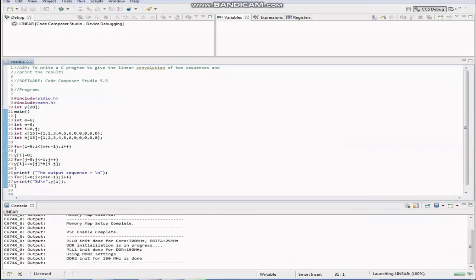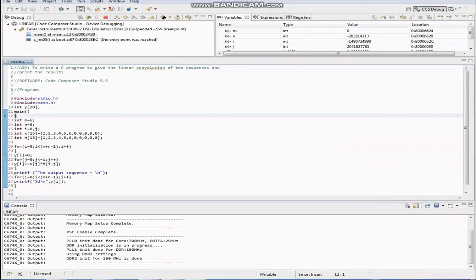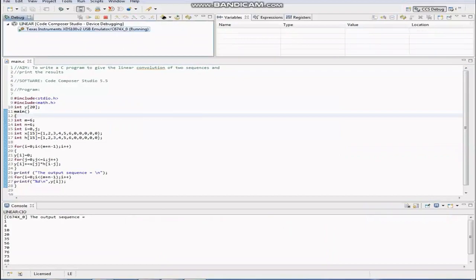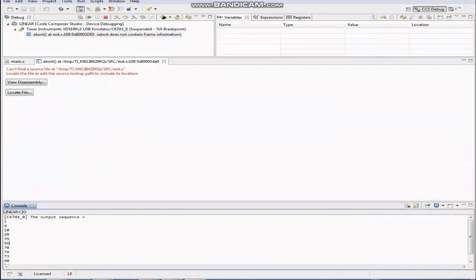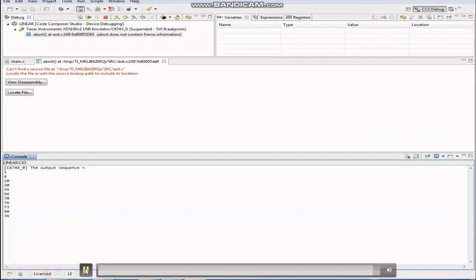It is processing. The program is now loaded into the kit, and we can see a resume button over here. We need to press the resume button. In the console window, we can see the output sequence. The output values are 1, 4, 10, 20, 35, 56, 70, 76,